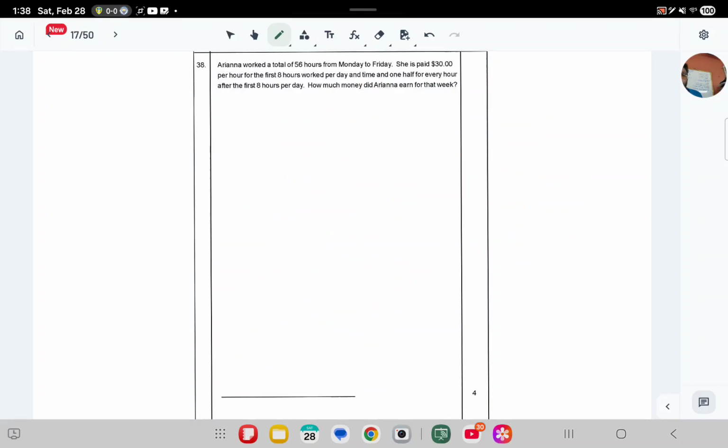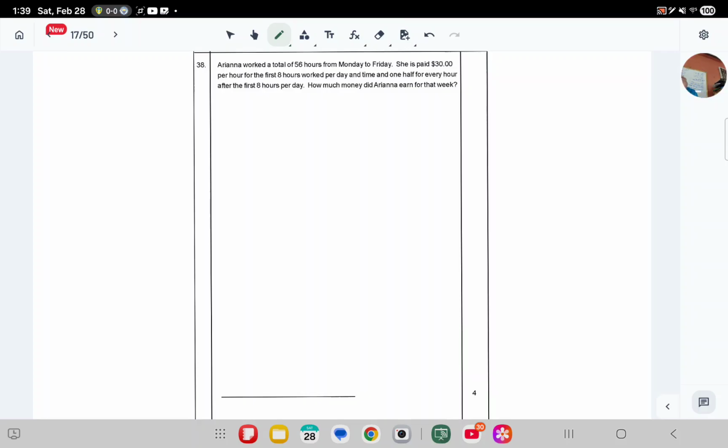Moving on now to number 38, Ariana worked a total of 56 hours from Monday to Friday. She is paid $50 per hour for the first 8 hours worked per day, and time and a half for every hour after the first 8 hours per day. How much money did Ariana earn for that week? So first,